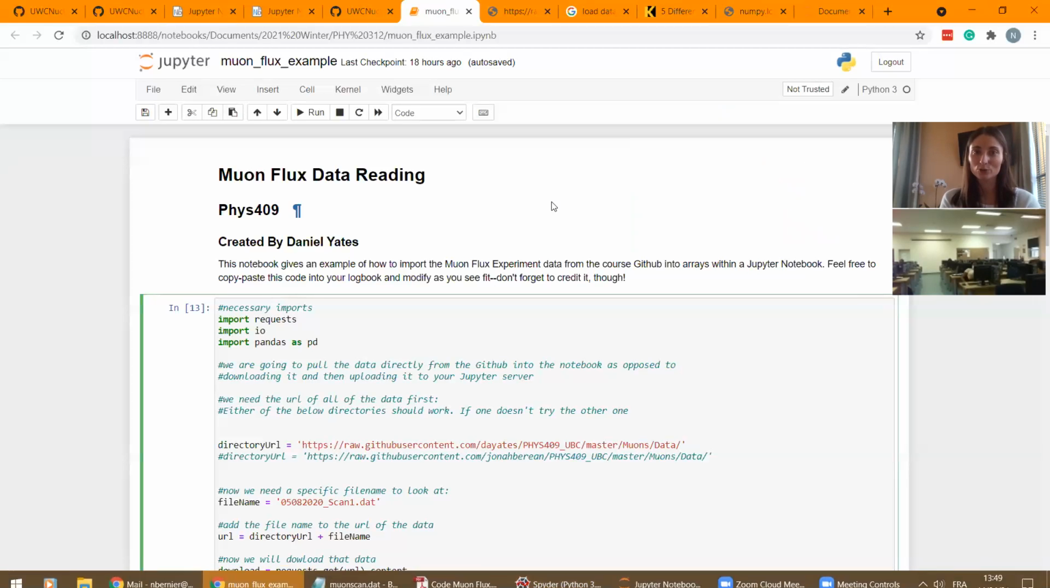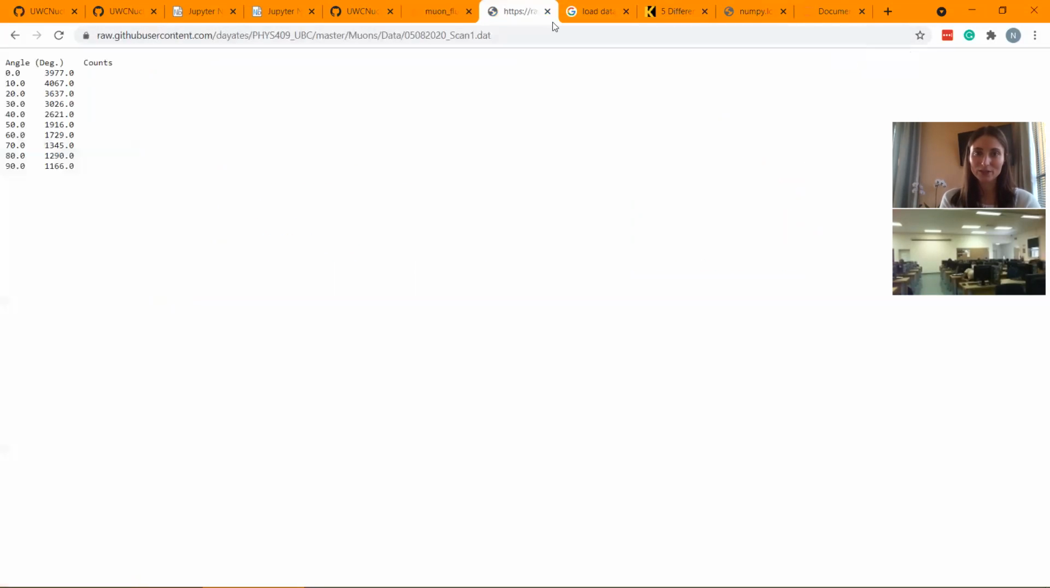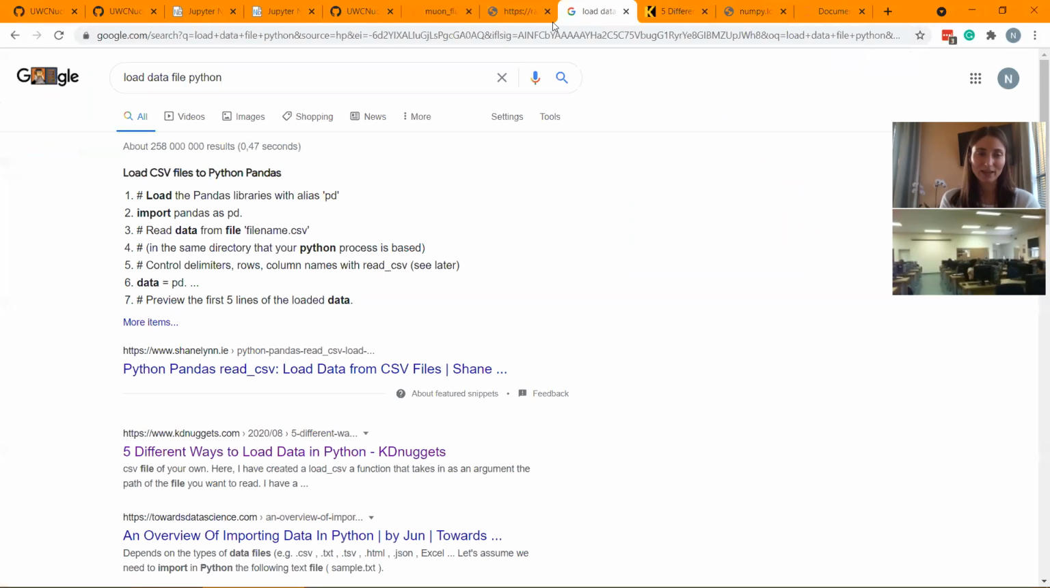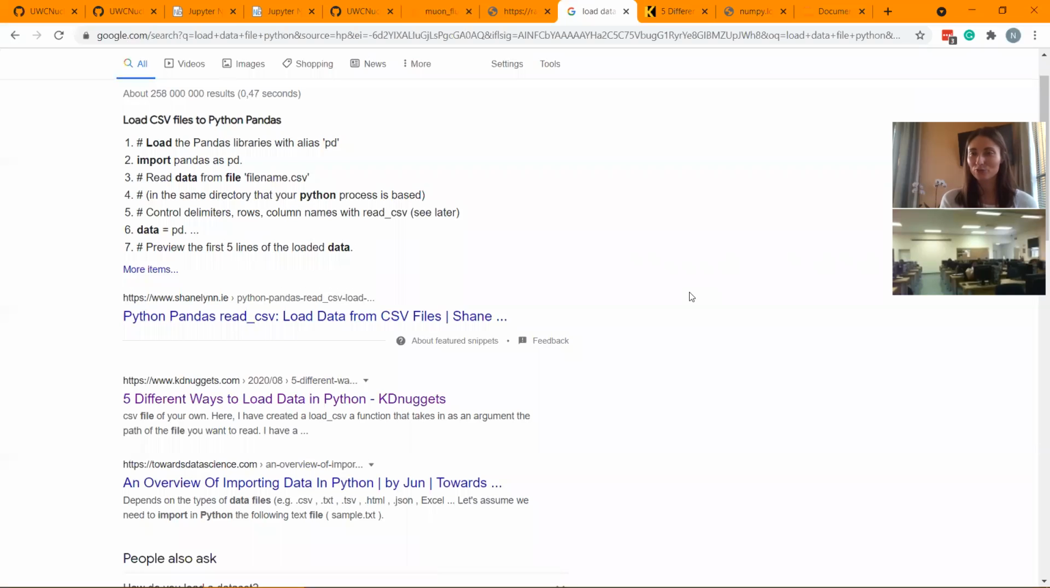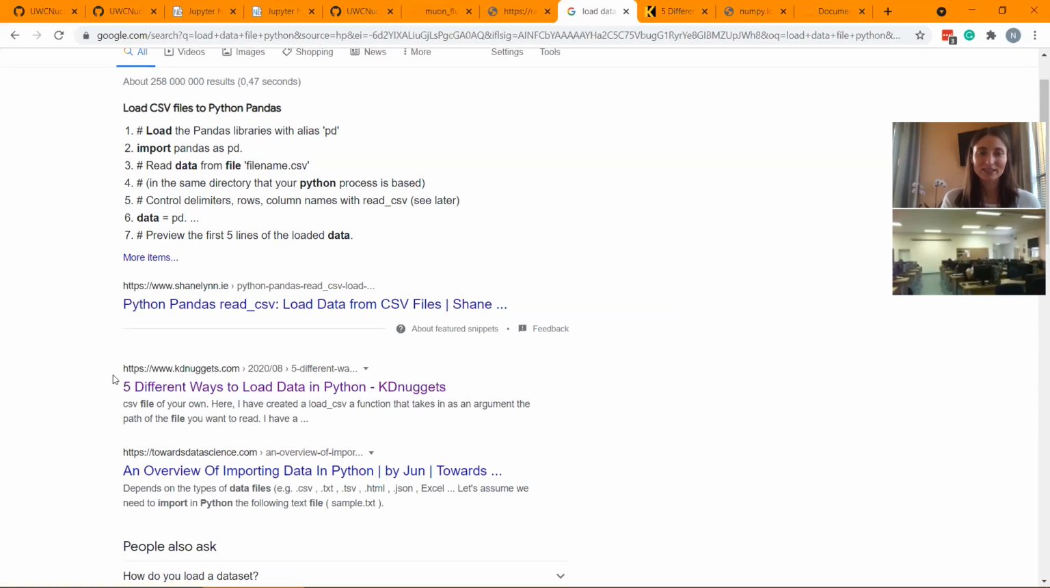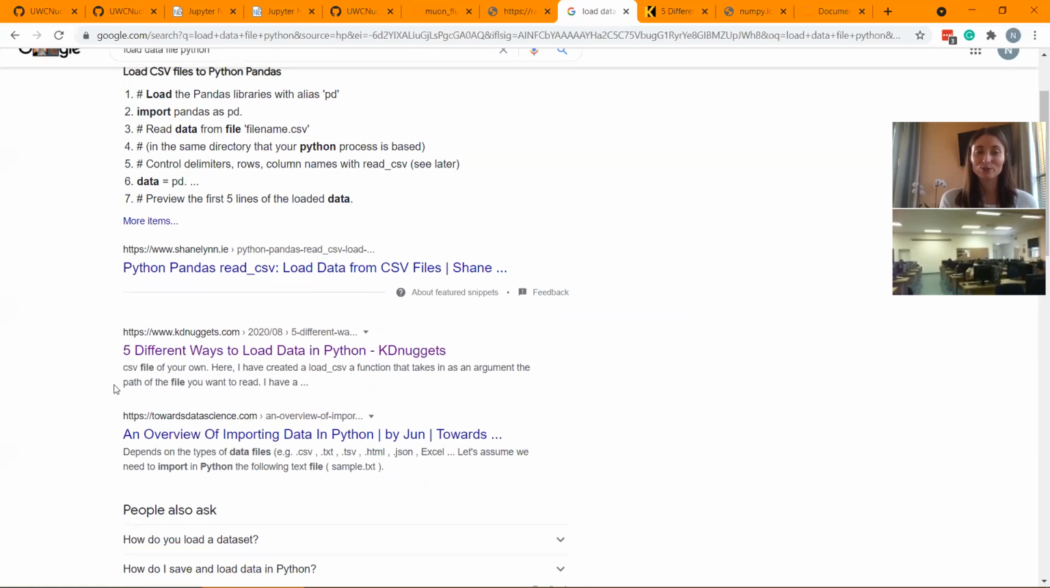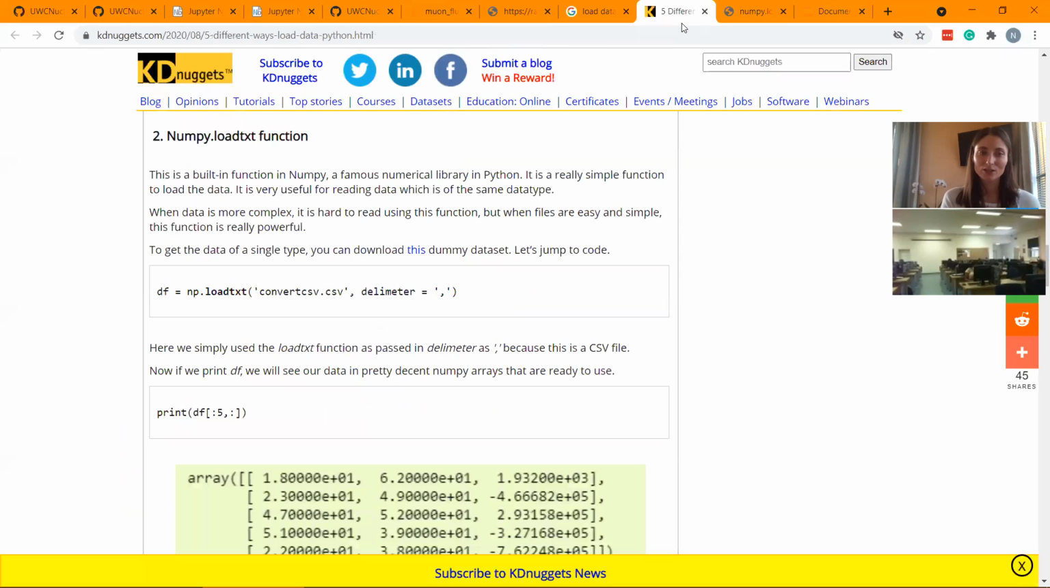And this is where Google comes in handy. So this is my data, and this is Google. I want to find another way to import the data. So I go to Google and I say, I want to load a data file in Python and see what people have to say all over the world on how to load data files. The first link that I have here is 5 different ways to load data in Python. That sounds promising. So I go here, and at the top of the page,